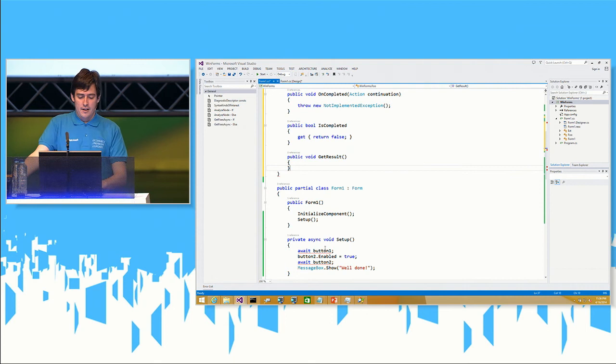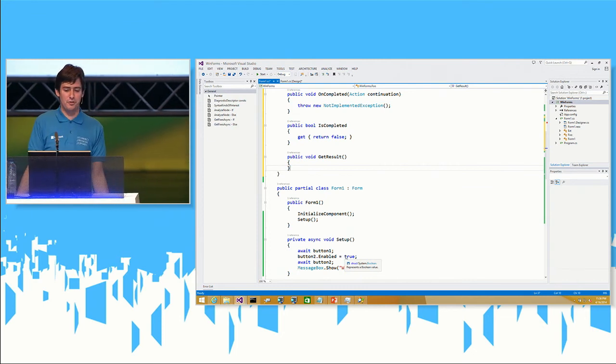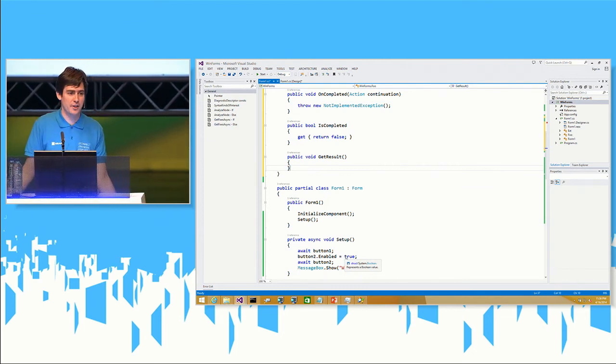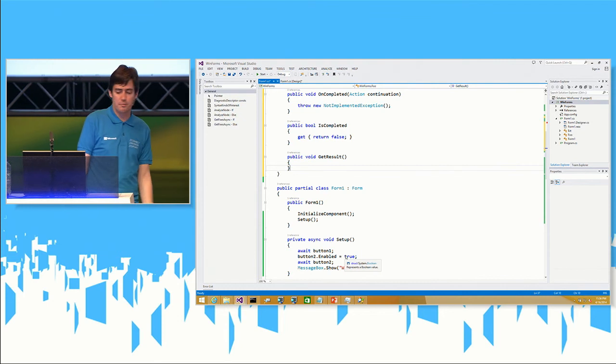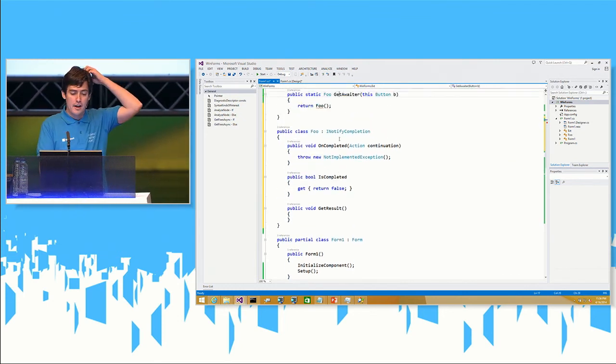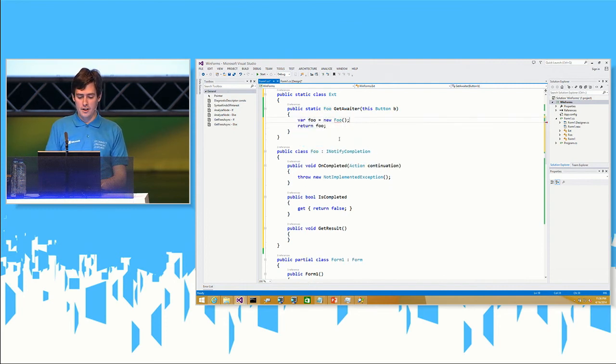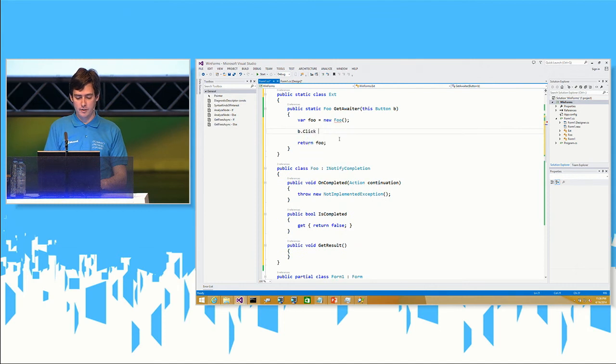Okay? Now, at that point, is it happy? It's happy, other than the fact that my implementation doesn't do anything useful. But you see the red squigglies are gone. You can await a button by creating an extension method, implementing the interface, adding IsCompleted and GetResult. So what do I do in order to make this work now? Well, the only thing I really need to do is create my Foo here, return my Foo, and now do b.Click += foo.Done